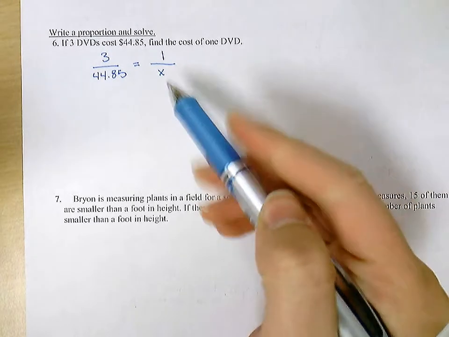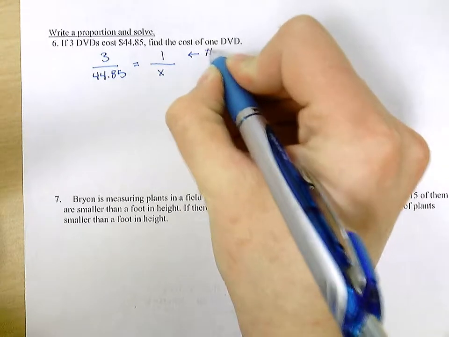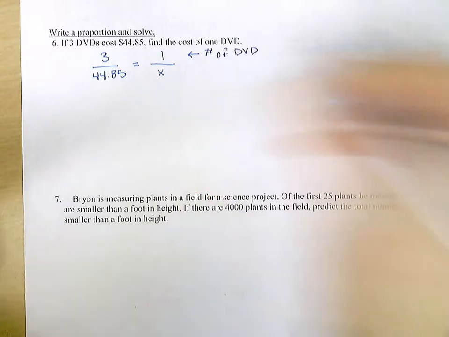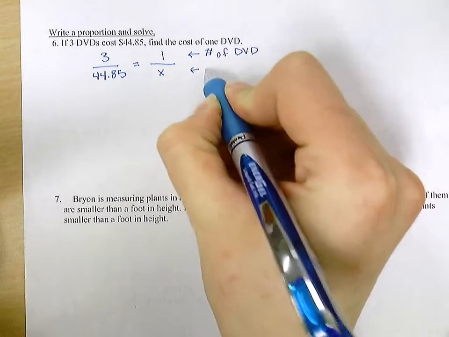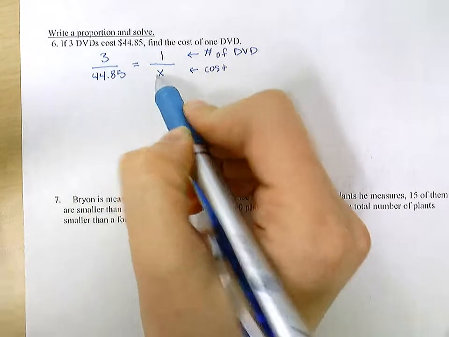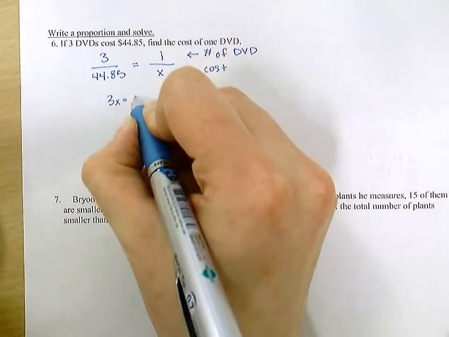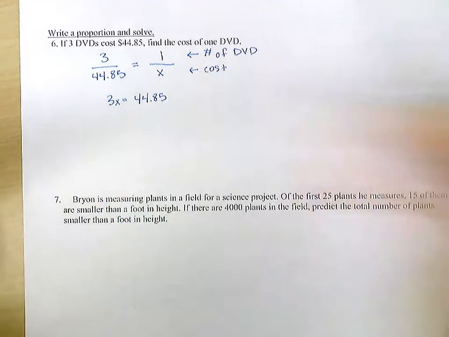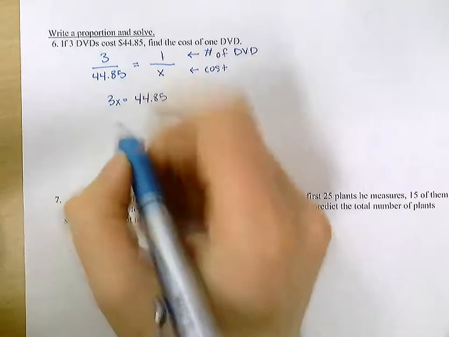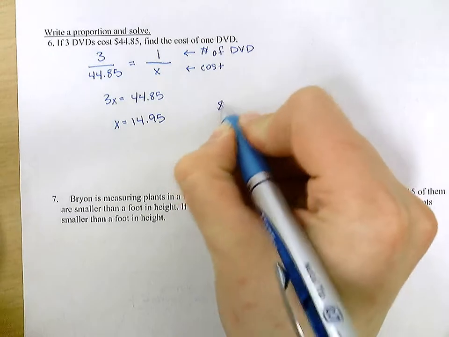So from here, again, these are your number of DVDs, and this one is your cost. It has to line up. Now I can cross multiply. So I have 3 times X and 1 times 44.85. And yes, I can just divide by 3. 14.95. So the cost of one DVD is